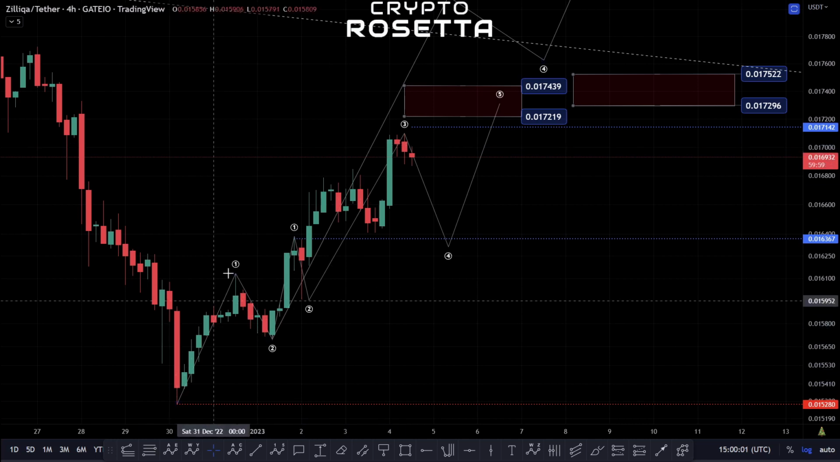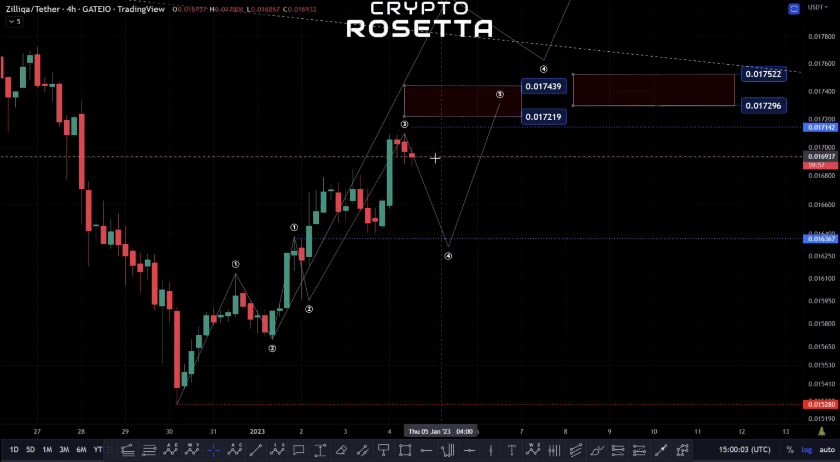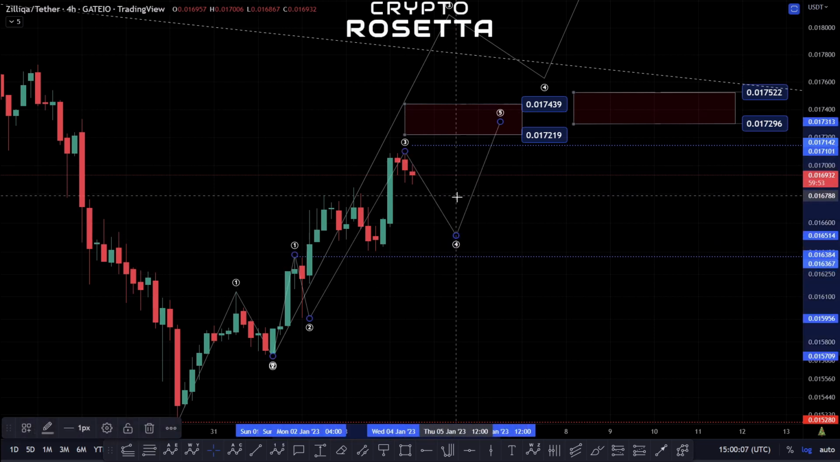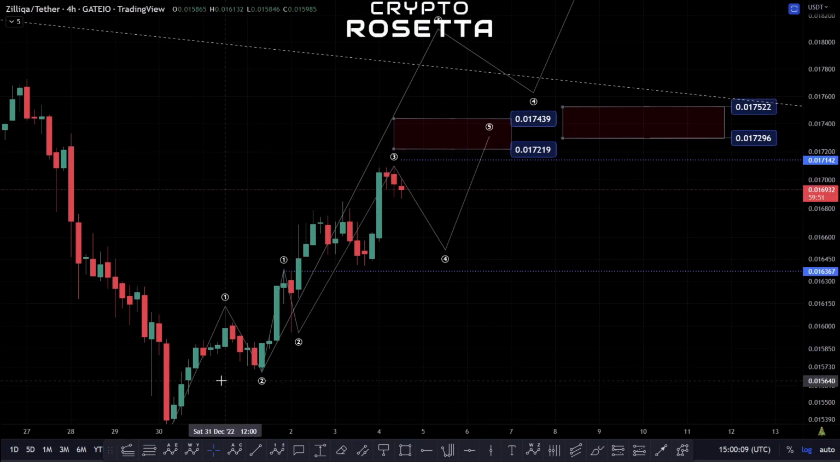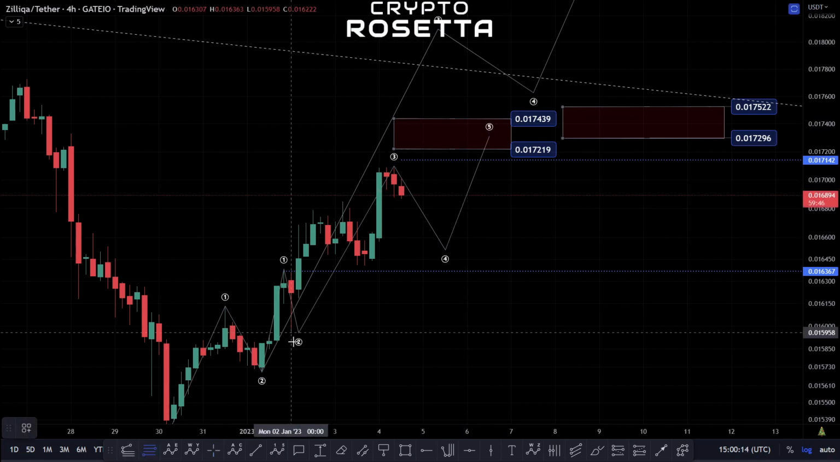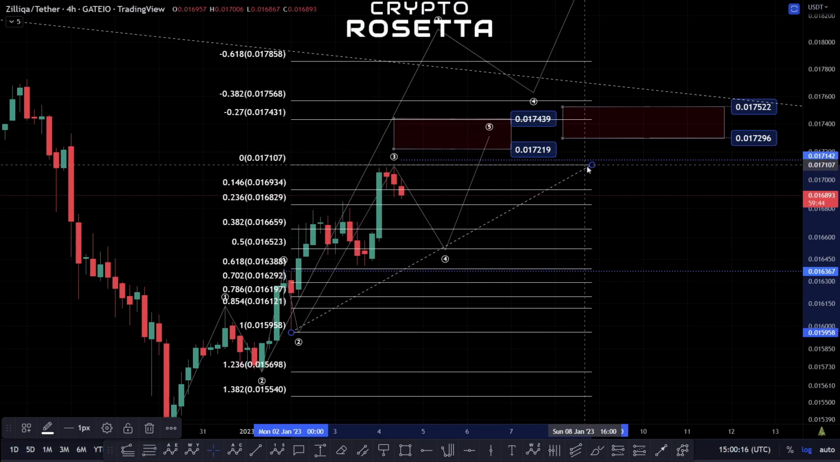But even then, the structure within this isn't great. It looks more corrective because of the overlap currently. This could progress further, which would make more sense, and then we would actually look for that continuation. And then this would all become a third wave. So if this does play out, and we do look to target out that zone we were talking about here,